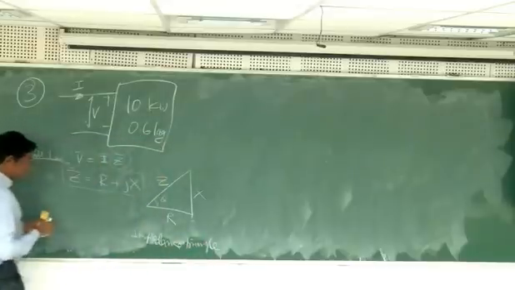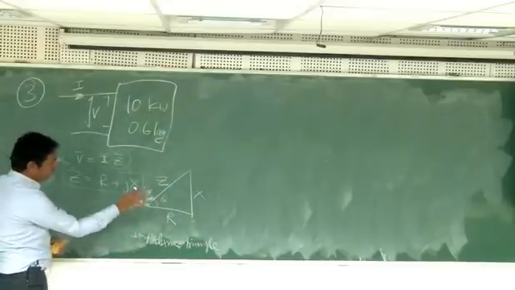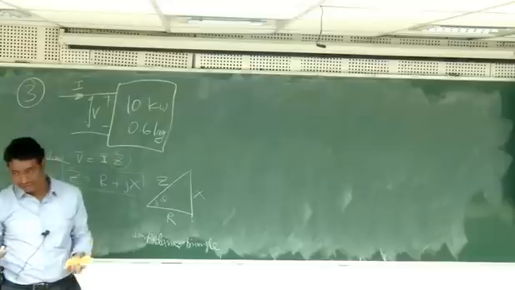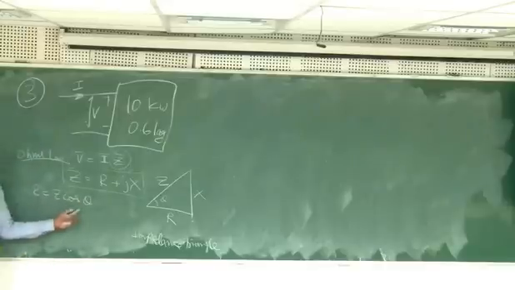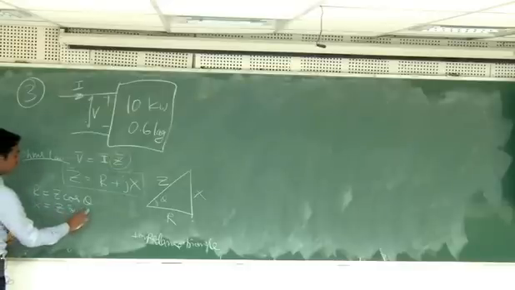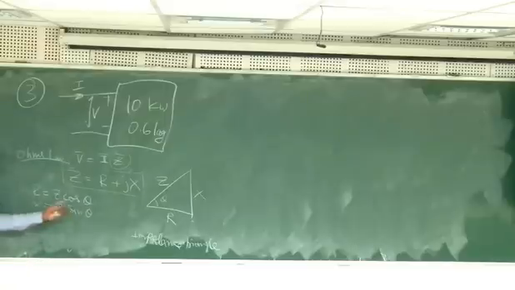By drawing this triangle, you are also introducing new rules. You can write R equal to Z cos theta. Cos theta is adjacent by hypotenuse. You can also write X equal to Z sin theta. So if cos theta and Z are given, you can calculate R. If R and Z are given, you can calculate cos theta. If R and cos theta are given, you can calculate Z and so on.